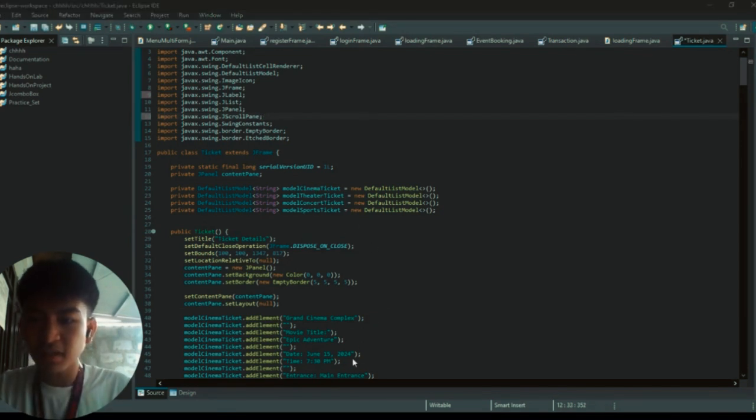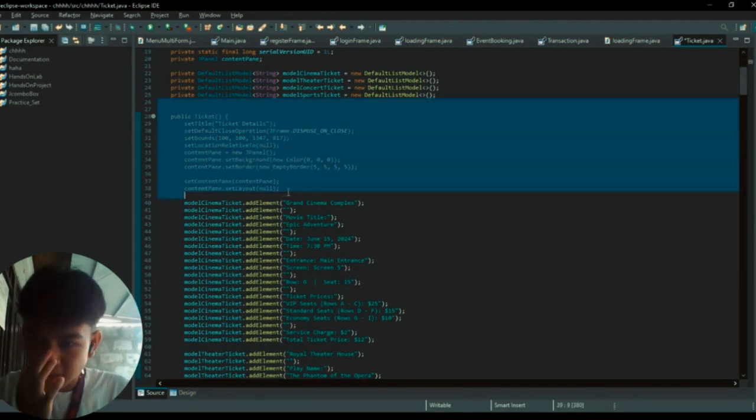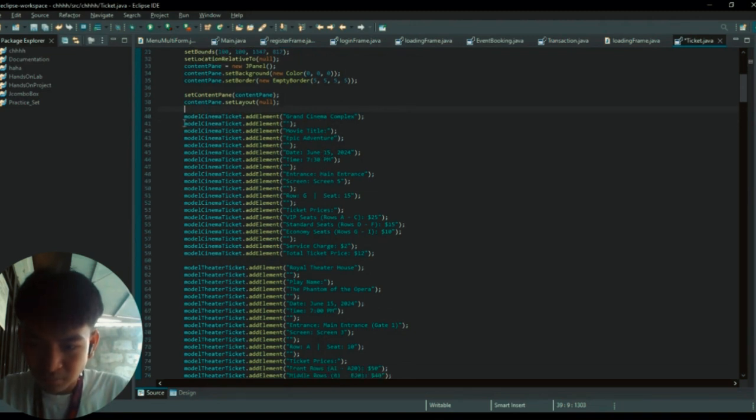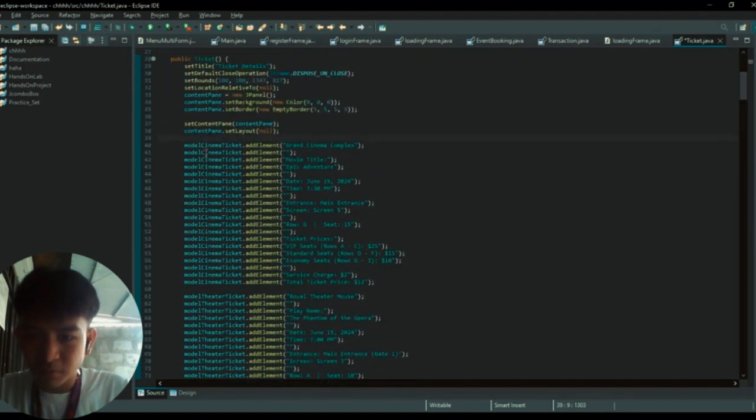So this ticket detail is to set the panel in the Java class, and model cinema ticket. This model concert ticket is to add elements to the variable name.